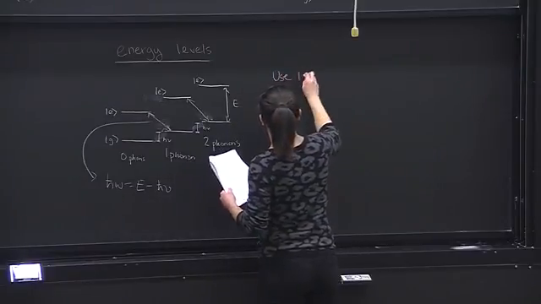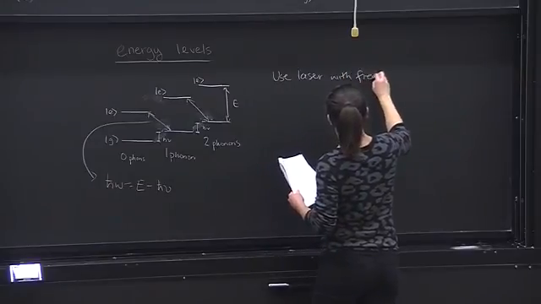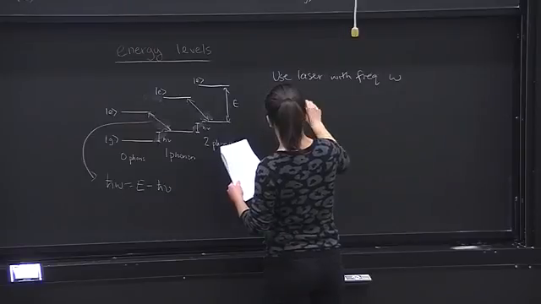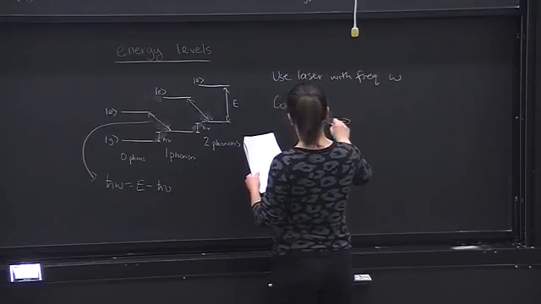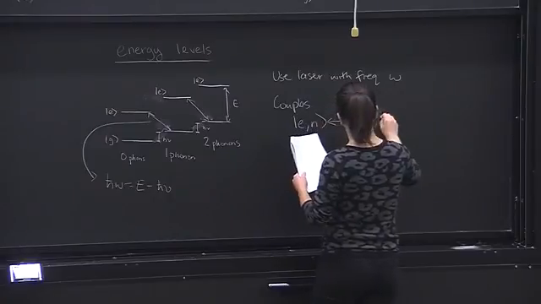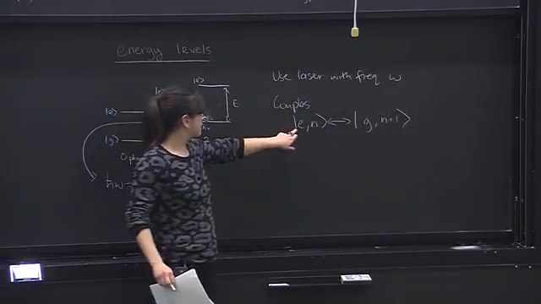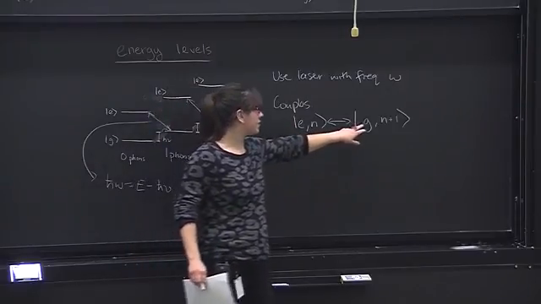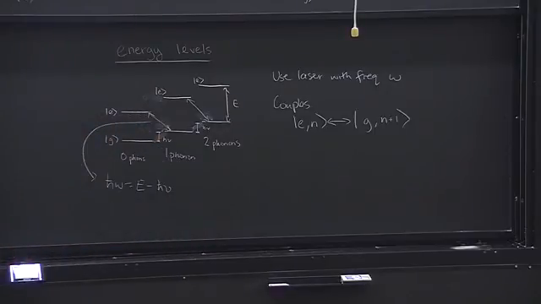So we use a laser with frequency omega, and that couples... so here we've got a ground state with n phonons, excited state with n phonons, and a ground state with n+1 phonons. And here, when you say the frequency, I assume that